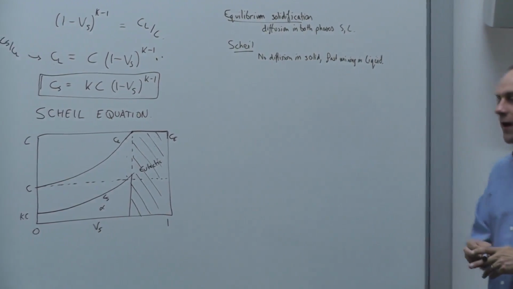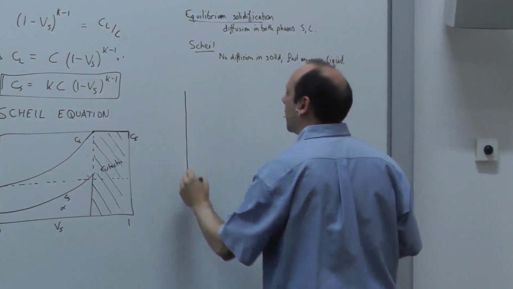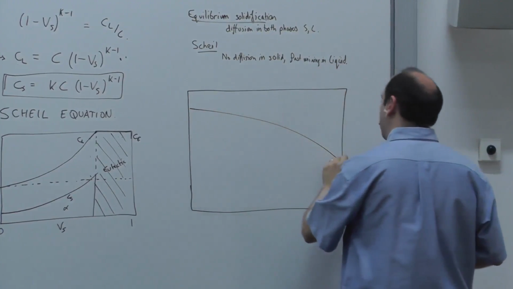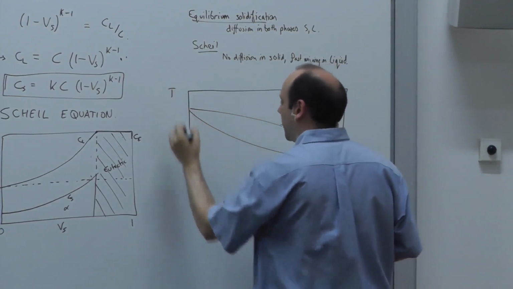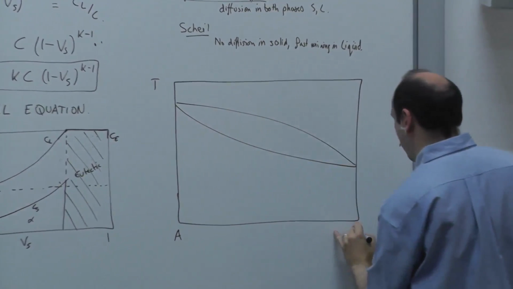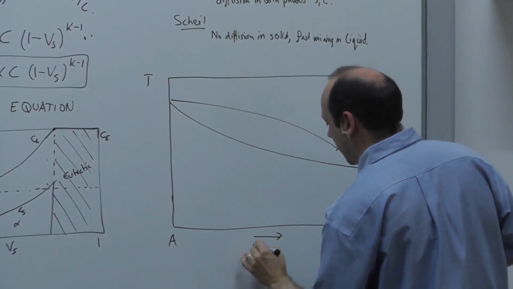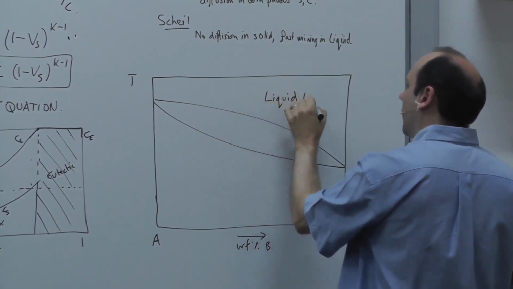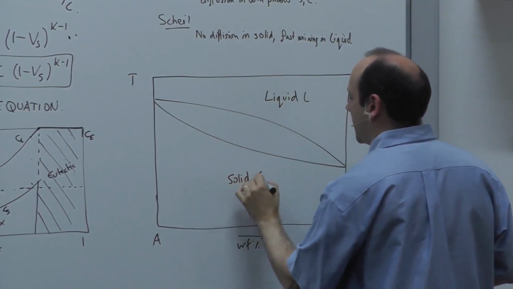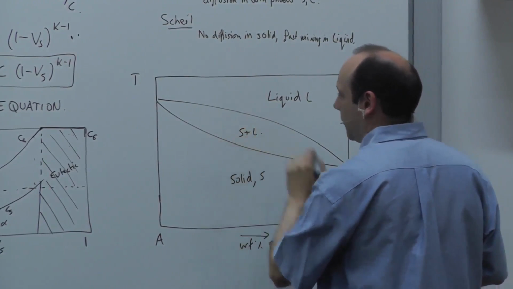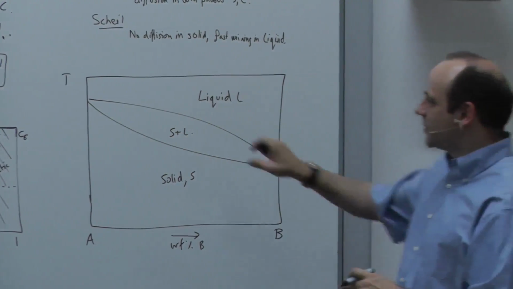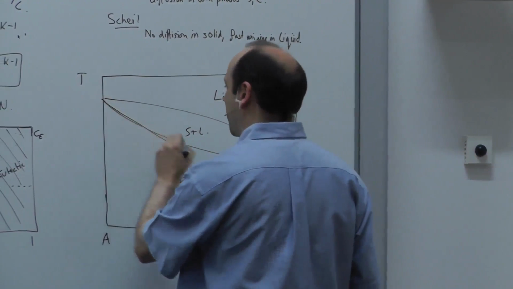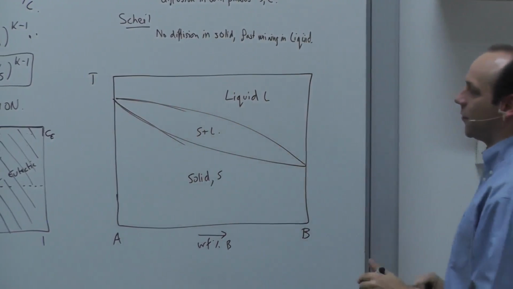Now, one or two caveats to think about. One is, if we think about this phase diagram. So this is temperature, that's pure A, that's pure B, two atoms A and B, whatever they are. That's the weight percent of B. That's our liquid L. That's our solid S. And that's our solid plus liquid region. Now, we can still do the Scheil derivation here, and it would be exactly the same. We would assume that this is a straight line somehow, and then we'll find a K as being